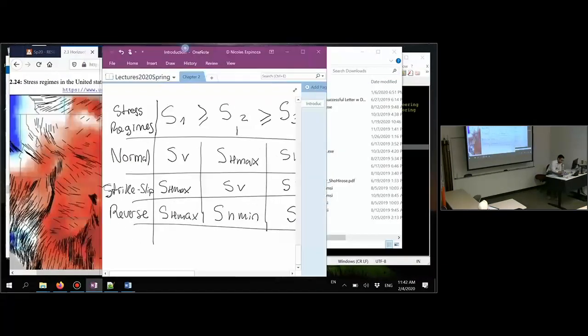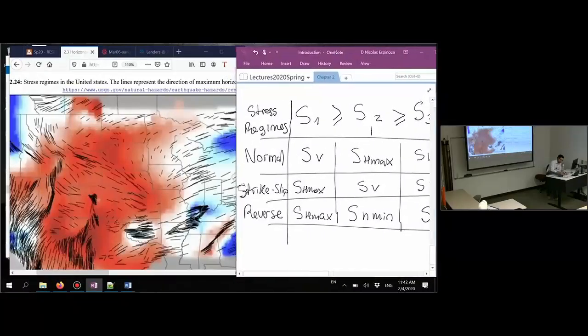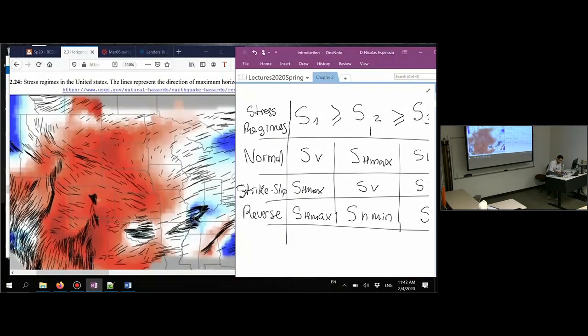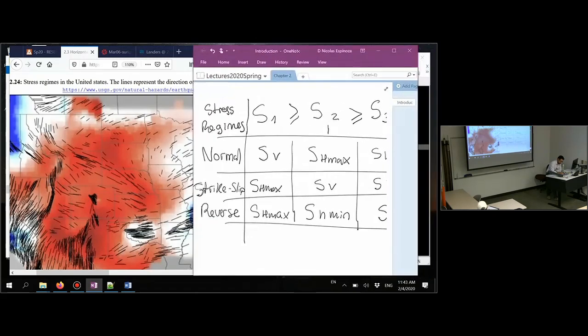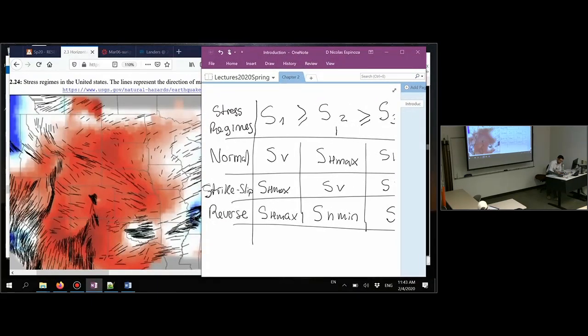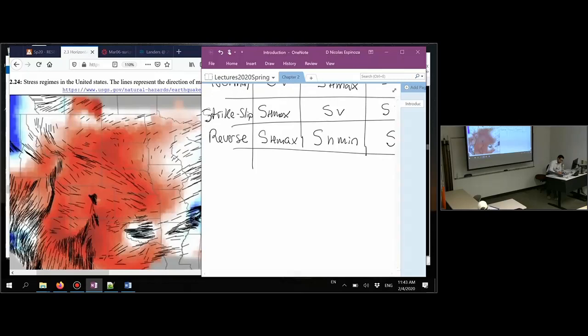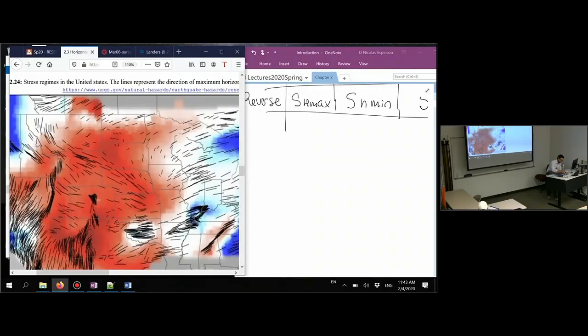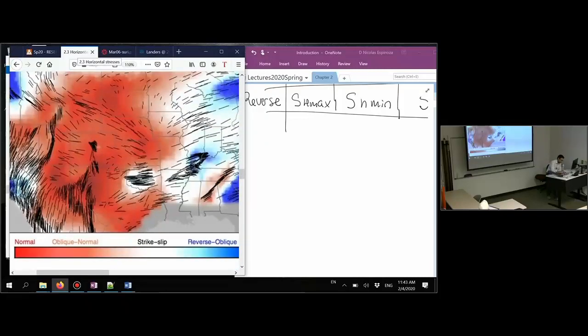This is something which is called a principal stress, and you can calculate it with a mathematical function which is called an eigenvalue, but let's not get into that right now. I just want you to understand what this plot is. And